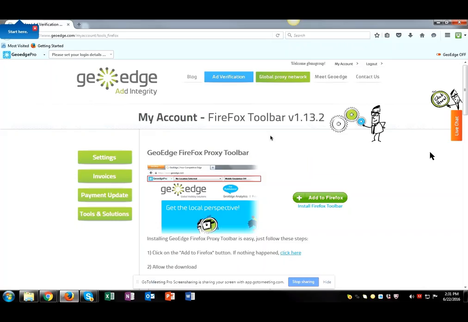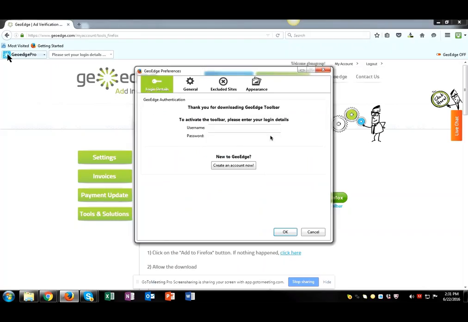Click on Start Here. Now you can see GeoEdge Pro is there on the top left, up below Start Here. Okay. And so now when we click on this one, GeoEdge will be on the left. Of course, Firefox wants to be different than Google. Now you have to log in there, and it should just be a one-time thing. Same login.